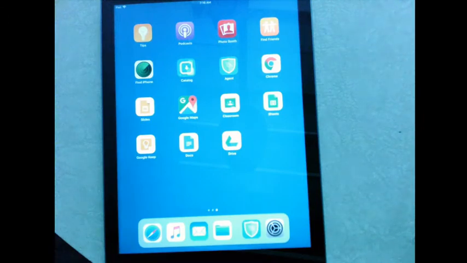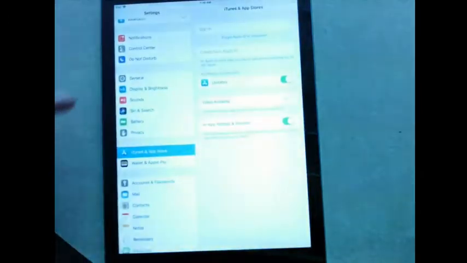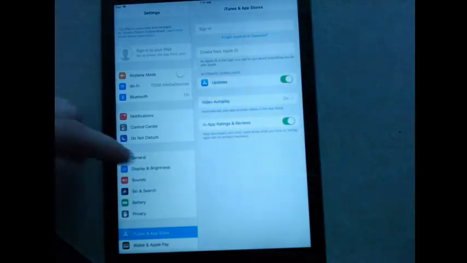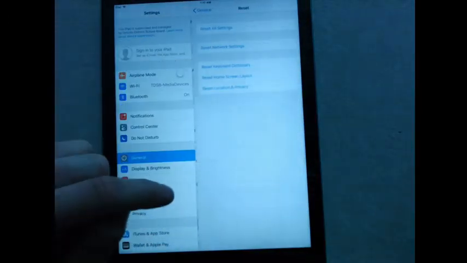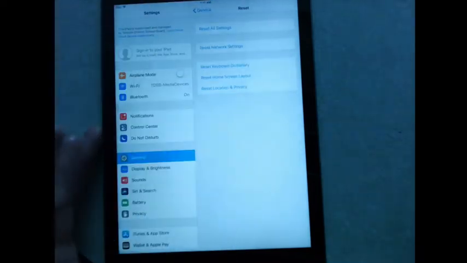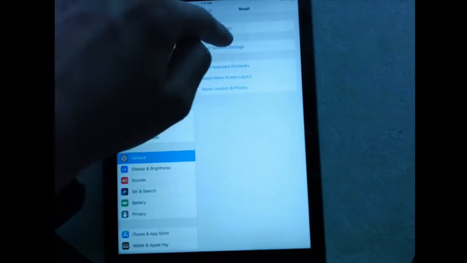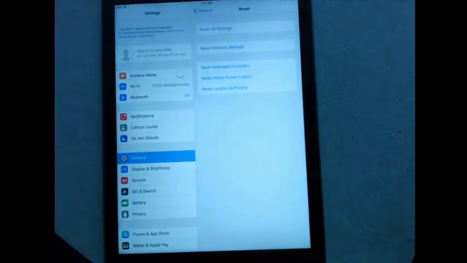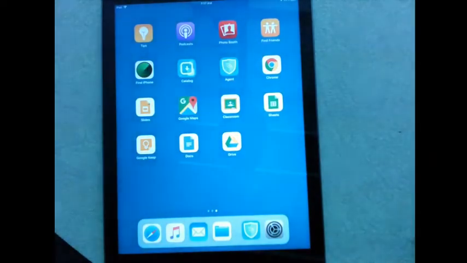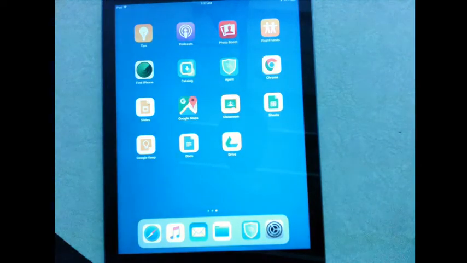Or if you feel comfortable actually going into settings and then general and then reset. Now it doesn't say it here because the iPad's locked down in student mode. But then you hit erase all contents and settings, and then the iPad wipes, and then you walk through the setup, and that's basically putting the iPad in AirWatch. So if you feel comfortable doing that, I would recommend doing the self-enrollment option. So those are really the two options that you can go forward with, and those are the two different iPads that you have.